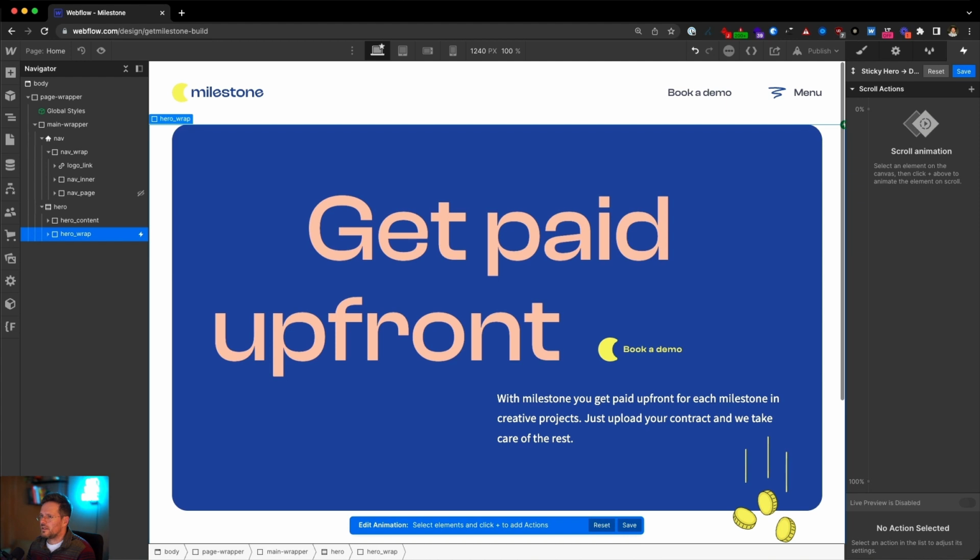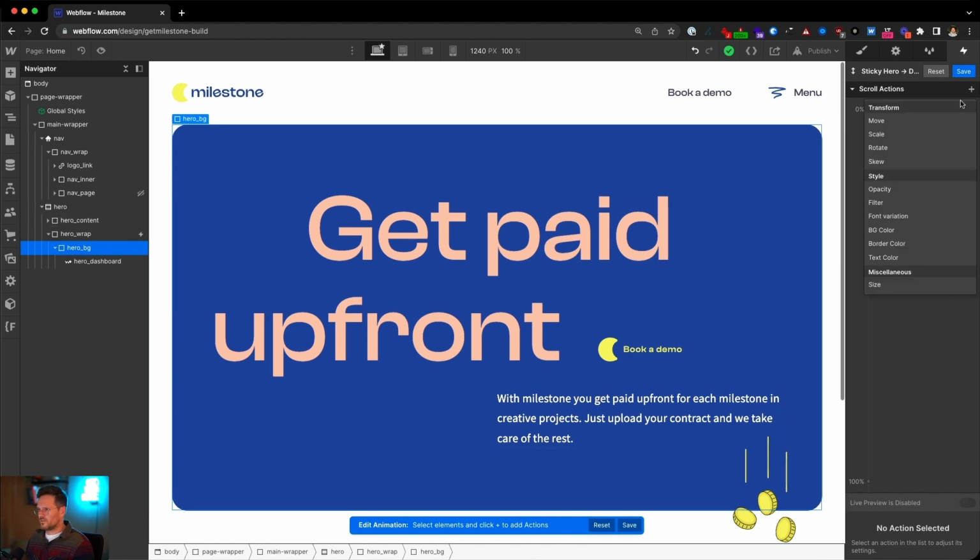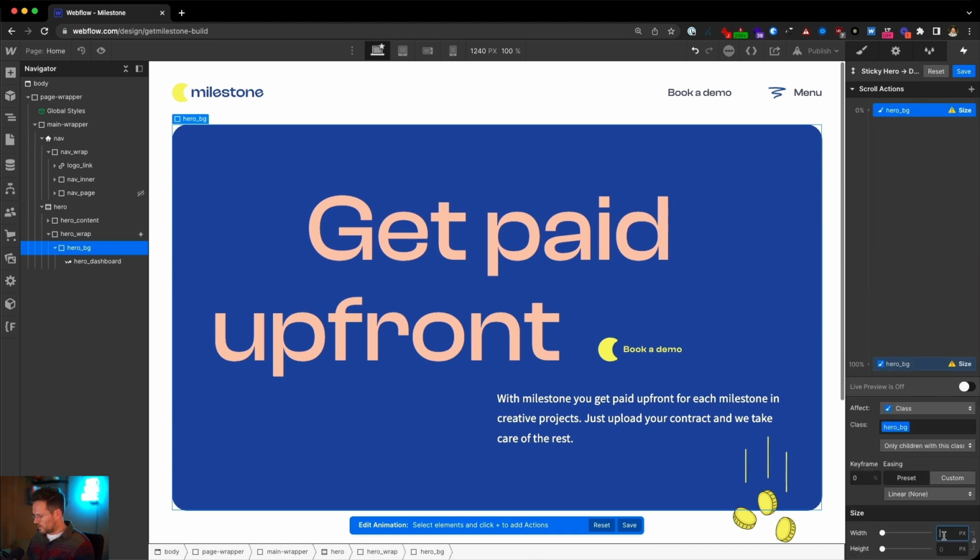So, and here we need to do some settings now. So the first thing we want to animate is our sticky background. This one was set to sticky, and we want to animate the size of it. So let's choose size, at the beginning, it will have a width of 100% and a height of 80 viewport height.